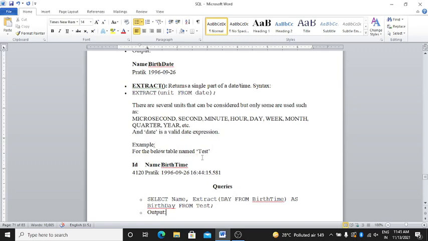For the table named test, the ID is 124, the name is Pratik, the date of birth is 26 September 1996, and this is the time. Second, minute, hours, all are there.